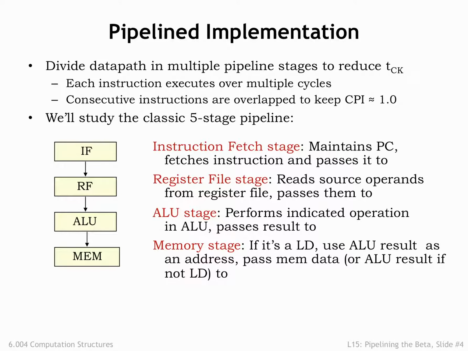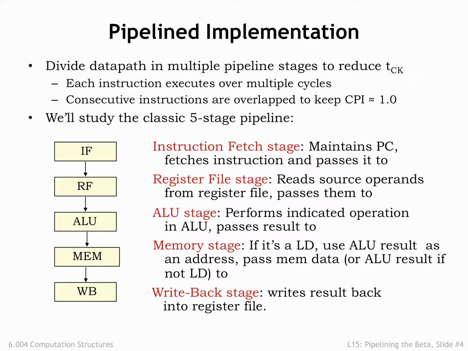The memory stage, MEM, performs the second access to main memory to read and write the data for the load or store instructions, using the value from the ALU stage as the memory address. For load instructions, the output of the MEM stage is the read data from main memory. For all other instructions, the output of the MEM stage is simply the value from the ALU stage. In the final write-back stage, WB, the result from the earlier stages is written to the destination register in the